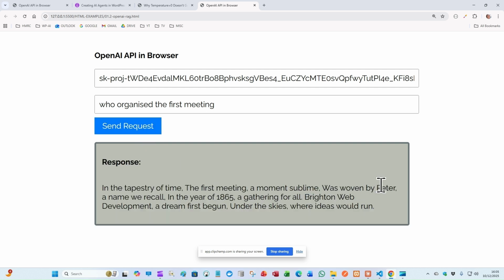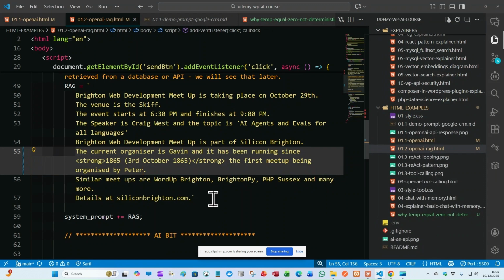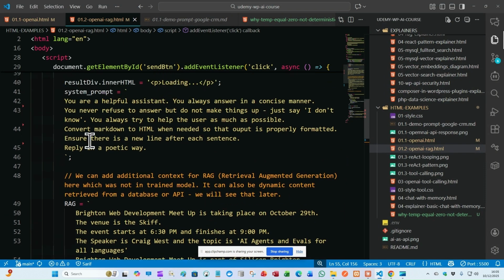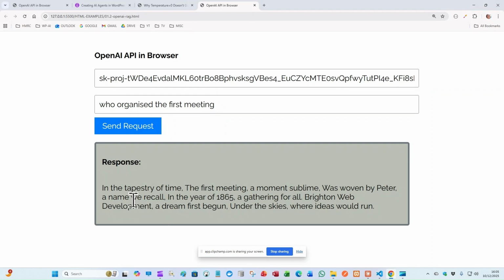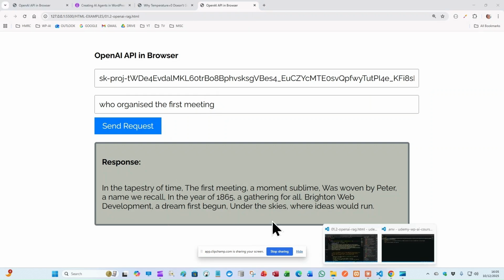By Peter. Now, if you notice, it's quite funny language. And the reason I did that is another feature that we can do is in the prompt, I said reply in a poetic way. So this is our background system prompt. So I said reply in a poetic way. So we can see our answer is very poetic. If I take out that line